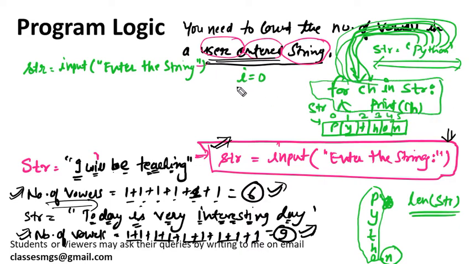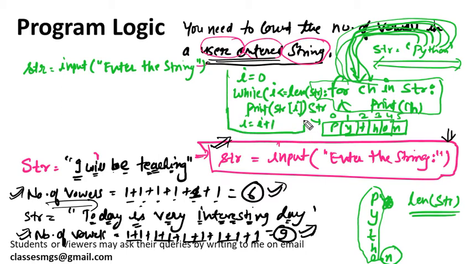The while loop is a little bit complex, so I will not recommend this way, but this is also a way. I am just telling you. i is less than or equal to, you need to use the length of str, and then you need to write print here. Now how to access the element of the string using this statement. And i equals i plus 1 you need to do, and this loop will continue till the length of the string, and each time if you use str[0], then it will print the first character.